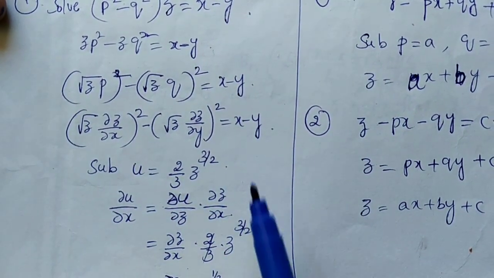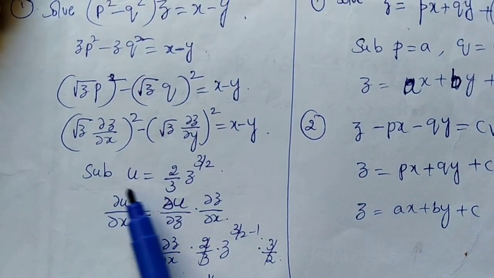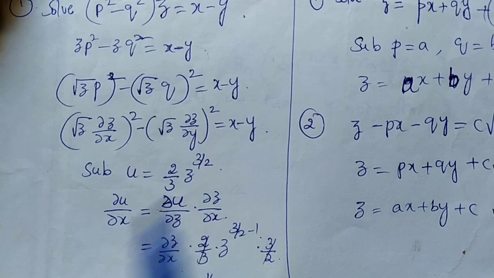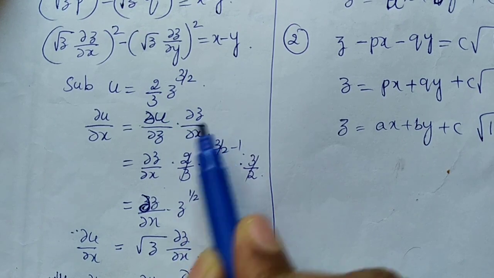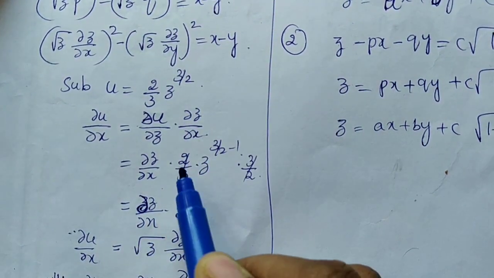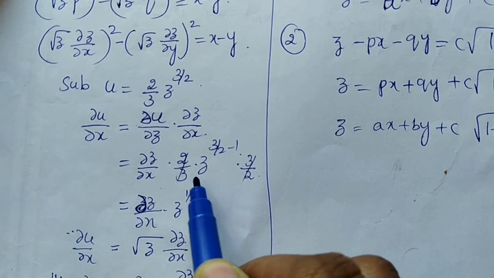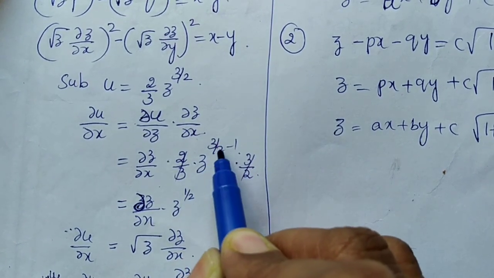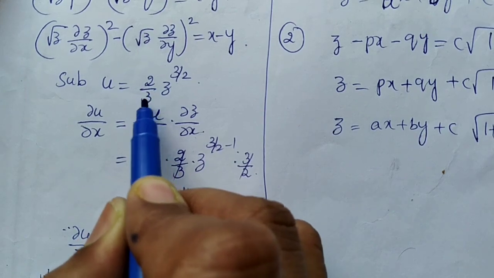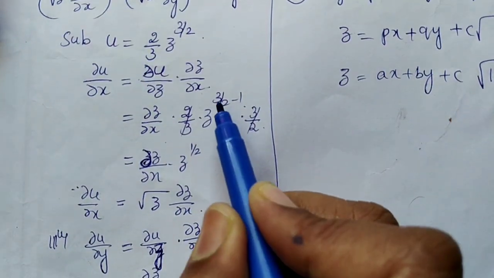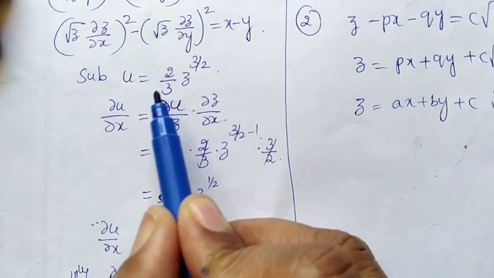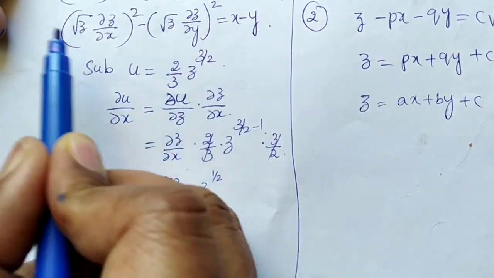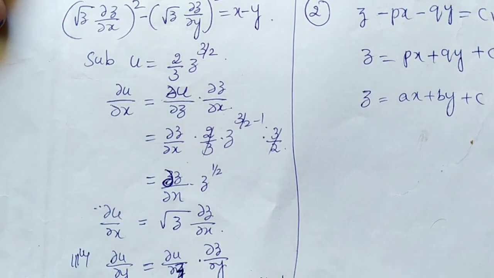Now here you have to use the substitution method. Here use u equal to 2 by 3 z to the power of 3 by 2. So to calculate dou u by dou x, dou u by dou z into dou z by dou x, chain rule you have to apply. So z to the power of 3 by 2 differentiation, if you apply, 3 by 2 into z to the power of 3 by 2 minus 1, and here you already have 2 by 3. 2 by 3 and 3 by 2 you can cancel. 3 by 2 minus 1 is 1 by 2. So you will get dou z by dou x into z to the power of 1 by 2. This bracket term, according to that you have to assume u. So instead of this bracket term you can write dou u by dou x.